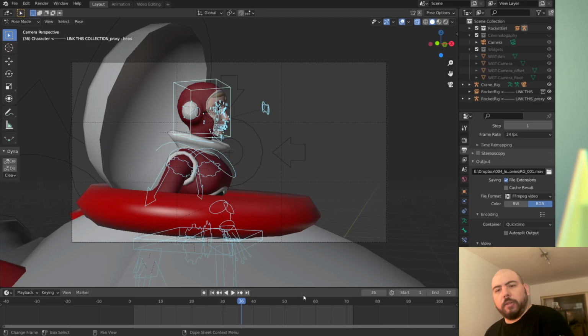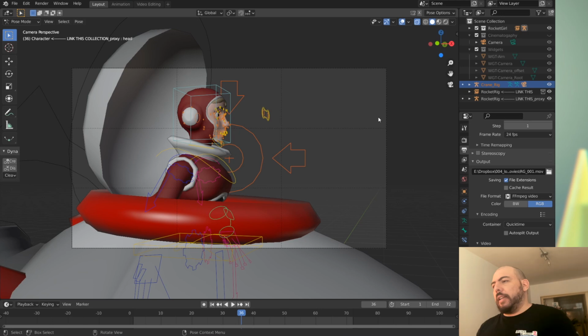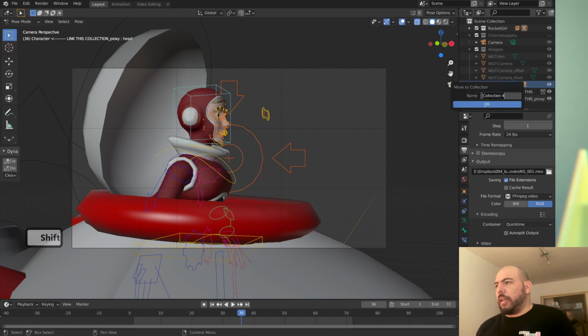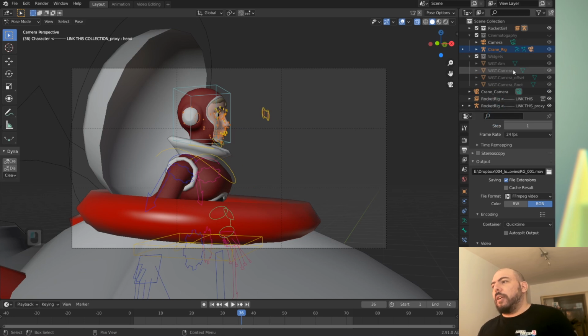We're still not going to go into blocking. One of the things I like to do with my setup, for instance, first, I already use the camera stuff. So we're going to organize our scene a little bit. So the crane rig and all of this, select hierarchy, and I'm going to put it in a new collection. Actually, not a new collection. I'm going to put it in the cinematography collection. That's where it goes. And as you can see, the crane camera is now out, so I need to select the hierarchy again, make sure that everything goes there.